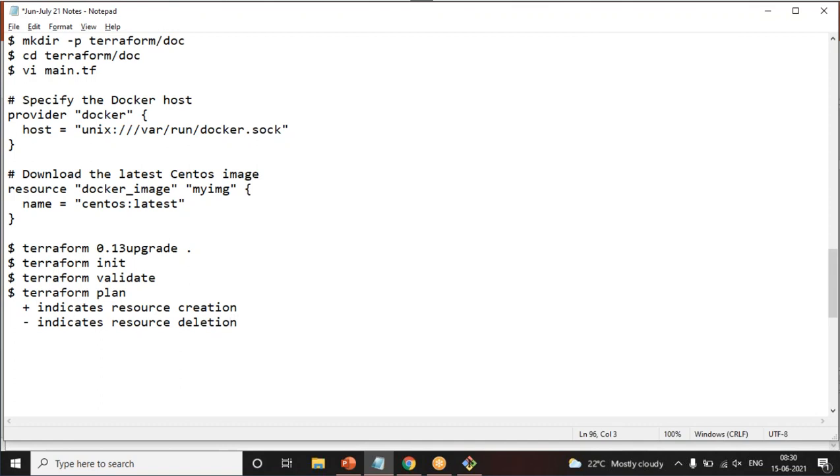If it indicates plus or minus, then it's resource recreation. Okay, so you will be seeing that details. So using that, you can understand, oh, there is something available or it is not available. Terraform is going to help you in creating or deleting or recreating. Okay,